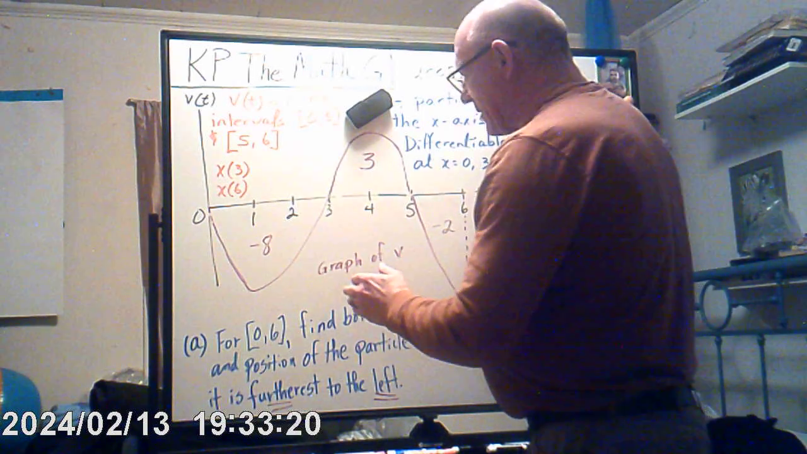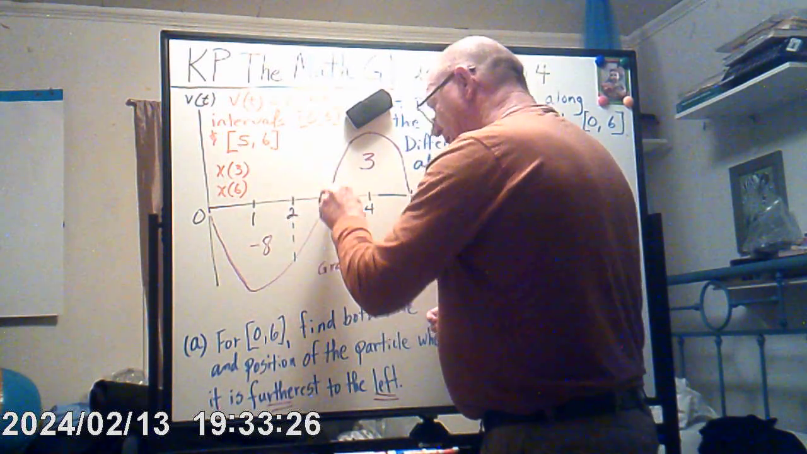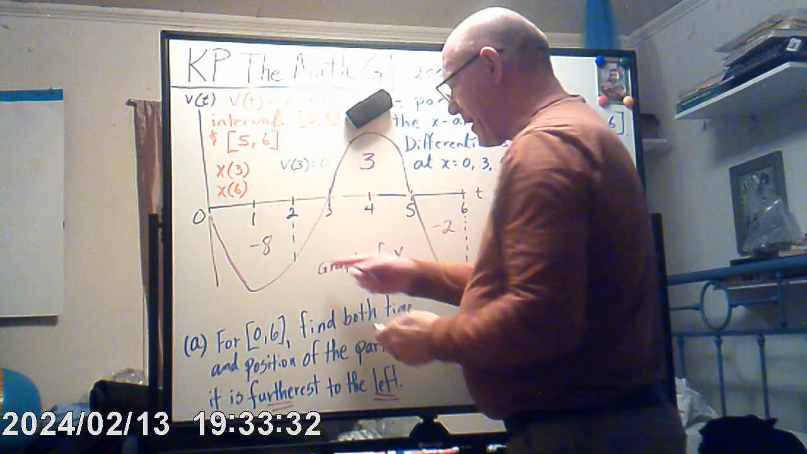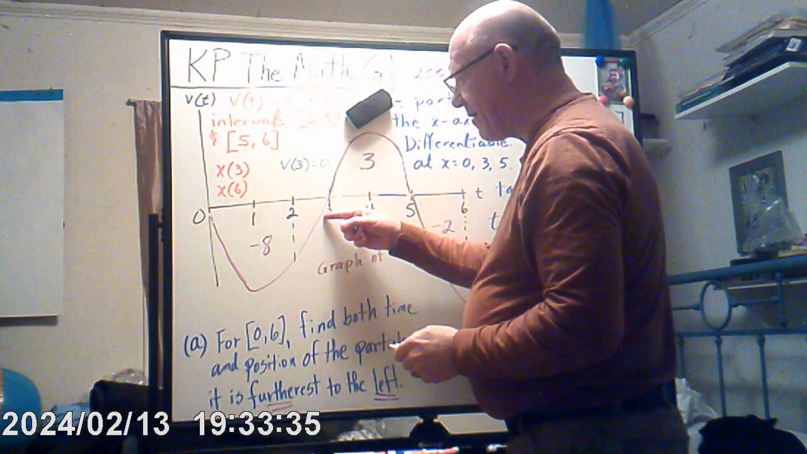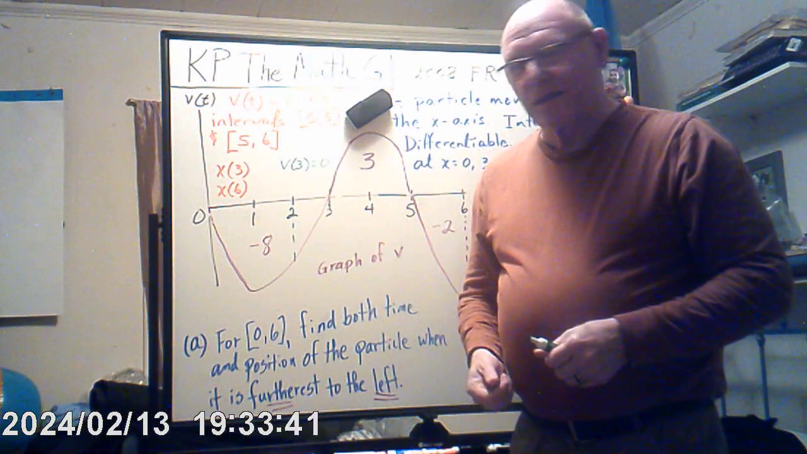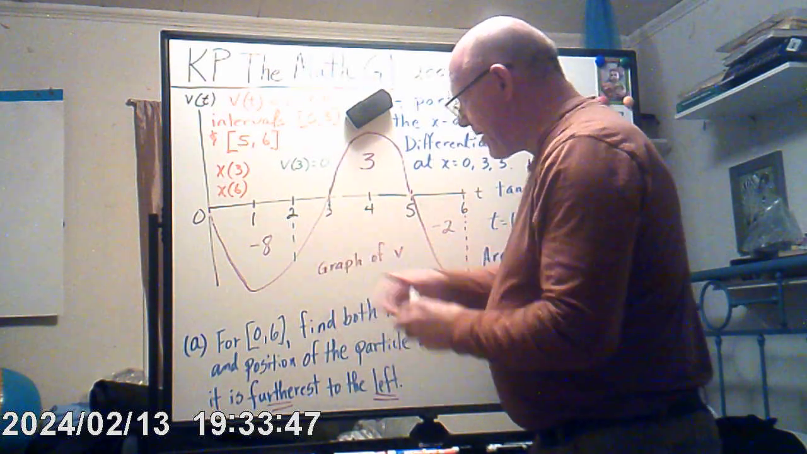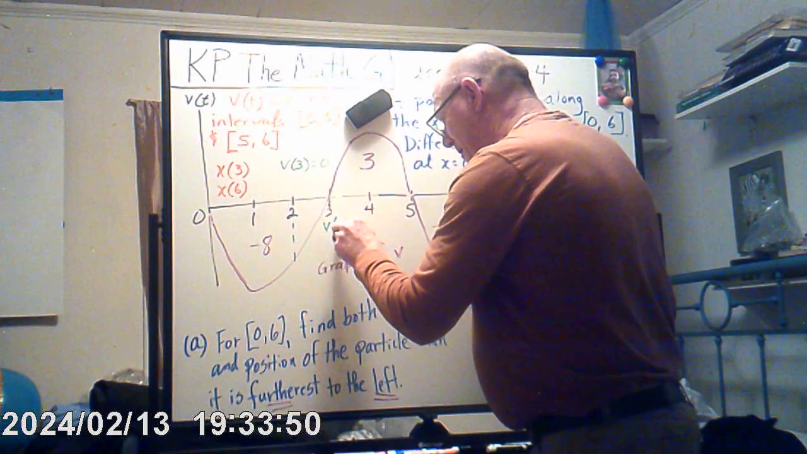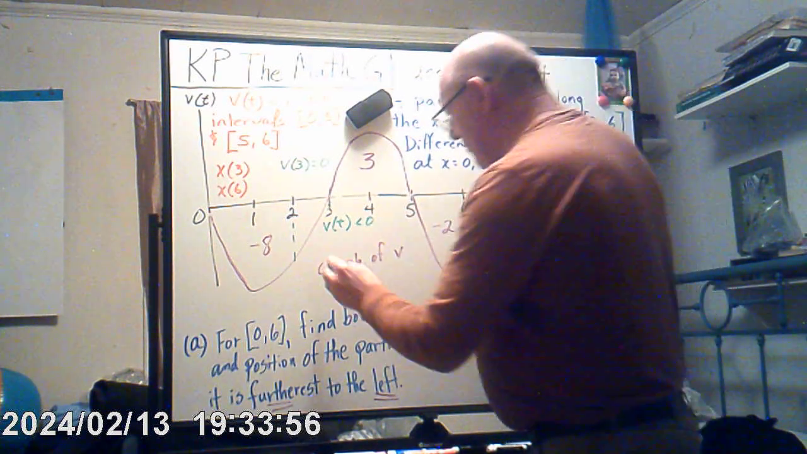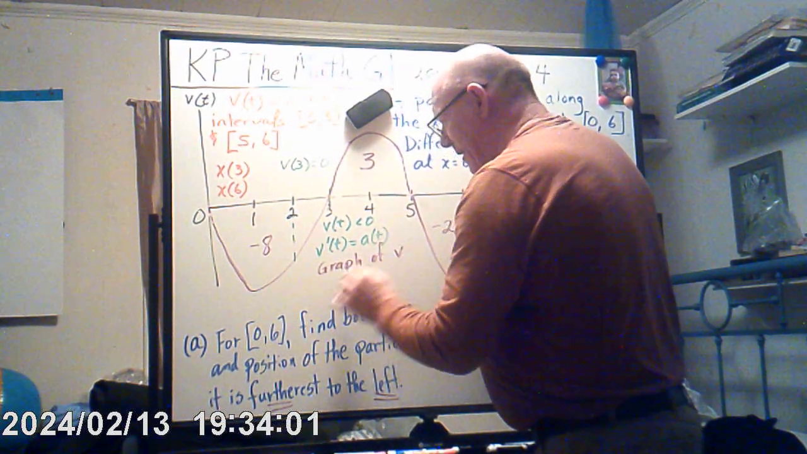Well, we know that from 2 to 3, v at 3 is actually equal to 0. And it's faster this way, so it's slowing down just by looking at the graph. The speed is decreasing. But there's another thing you can look at also. V at t on this interval is less than 0, and v prime at t, which is equal to a at t, is also